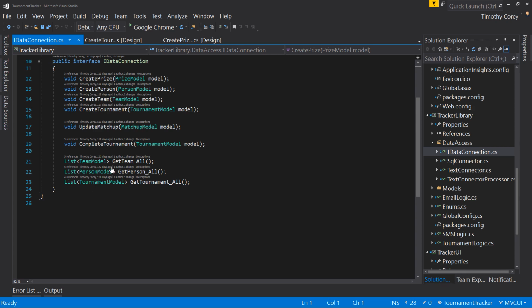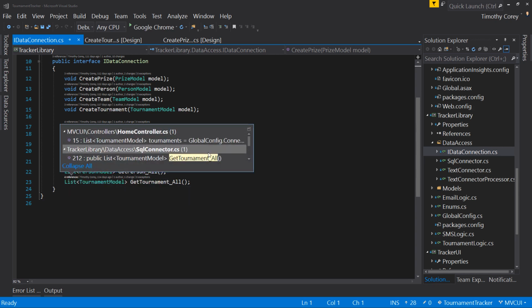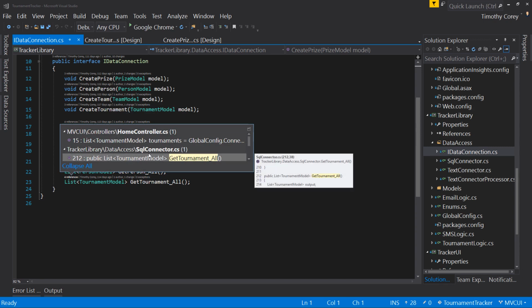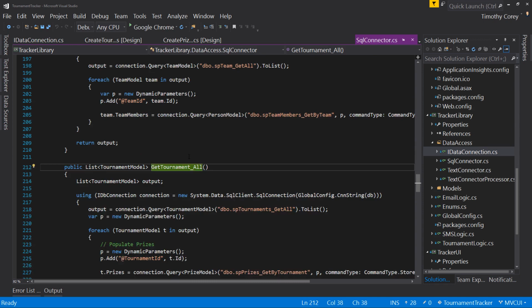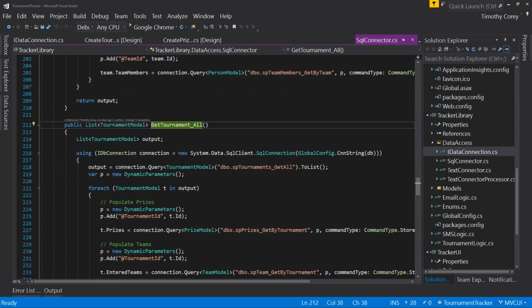Well, let's look at the tournament where it loads a tournament, because the tournament has a list of prizes in it, the prizes that are related to that tournament. So I click on my references. I'll go to the SQL connector first, and inside GetTournament_All,